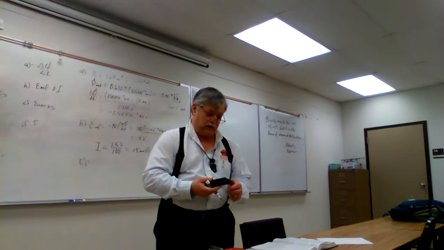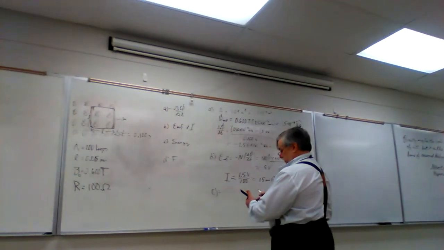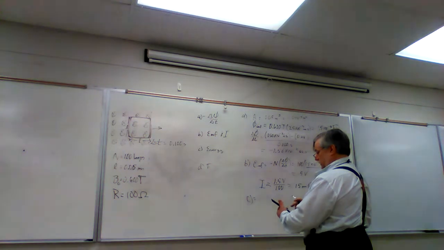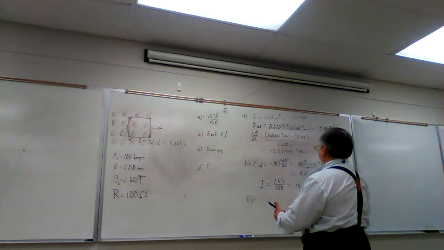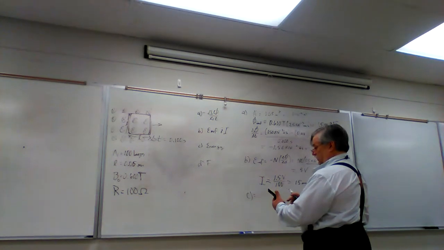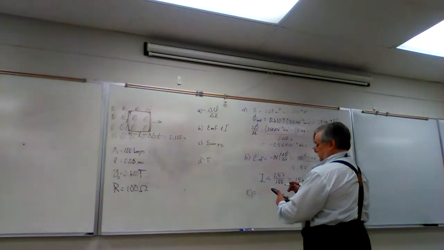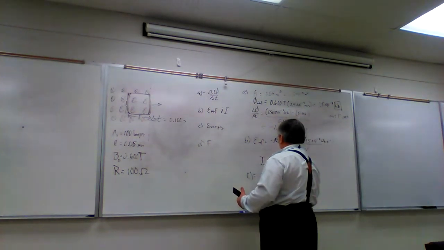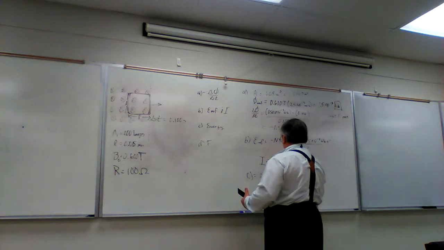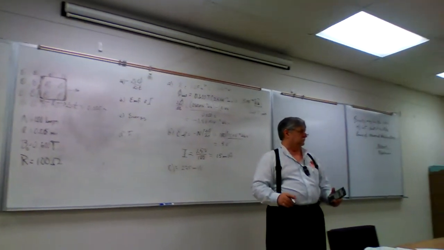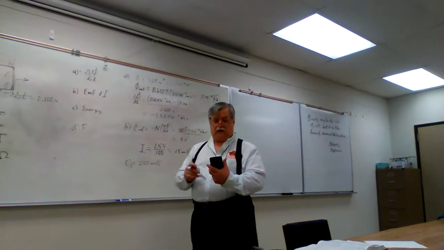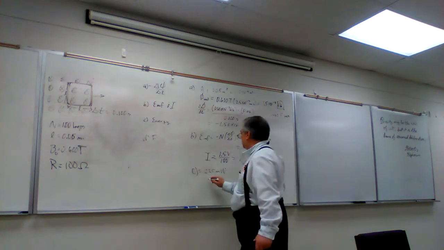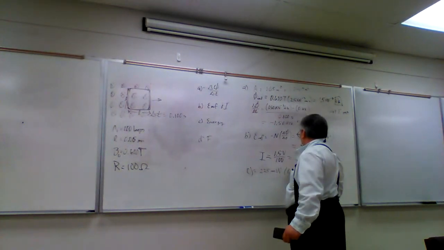You know, the current is 15 milliamps, so 0.015 squared times 100 ohms would be 22.5 milliwatts. Got it? Okay, but that many watts times 0.1 second